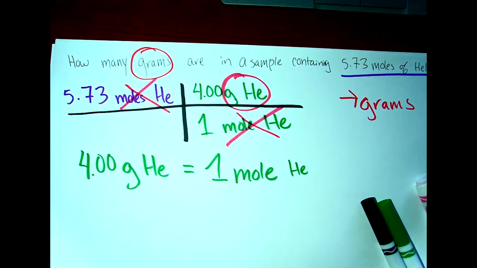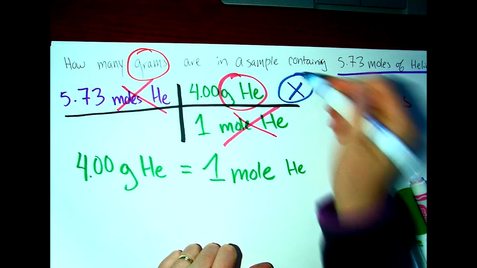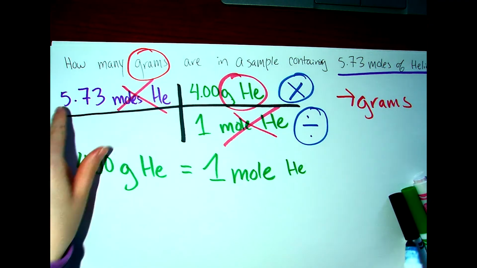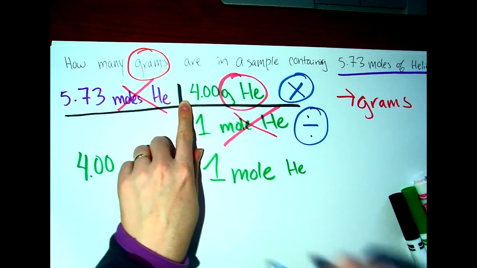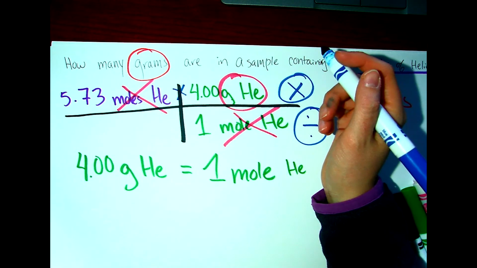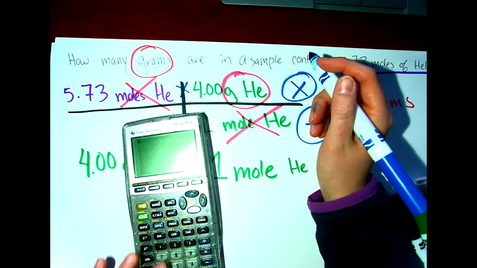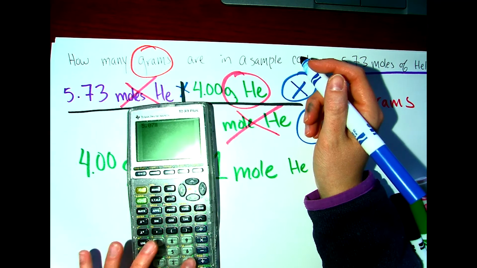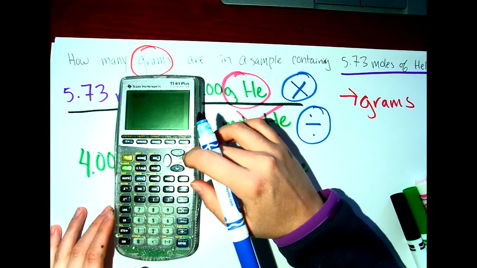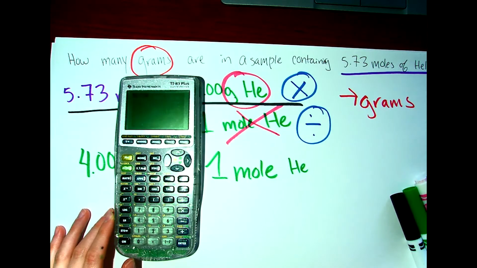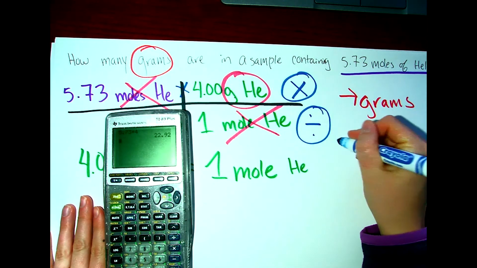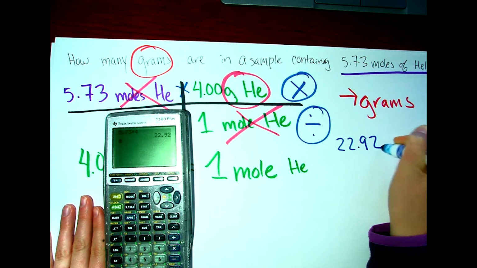When we do these problems, we want to multiply by anything that's on the top and divide by anything that's on the bottom. So I'm going to take 5.73, multiply it by 4.0, and then I don't have to divide by 1 because anything divided by 1 is itself. So I will type in on my calculator 5.73. Oh, I have a wrong number. It's something that I always say to be mindful of, is typing things in on the calculator wrong. 5.73 times 4, and that gives me 22.92